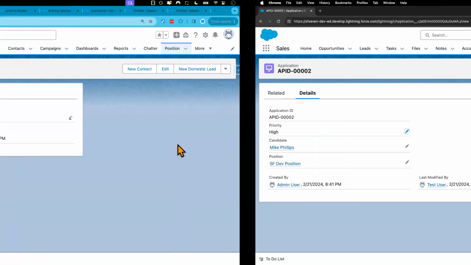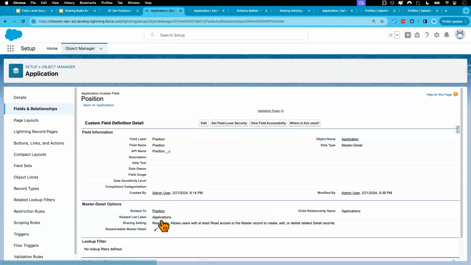So why is that? That is because we're saying a user can have read-only access to the position object, and a user can have or should have read-write access to the candidate object record so that they can edit the junction object record, okay? So we could take it one step further, and I could change this to